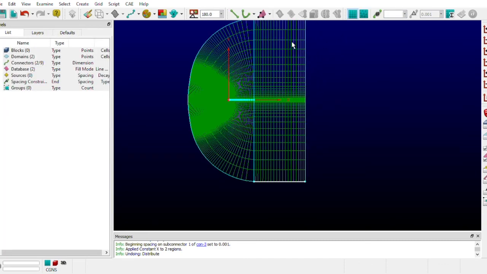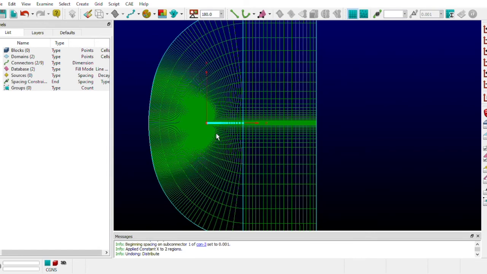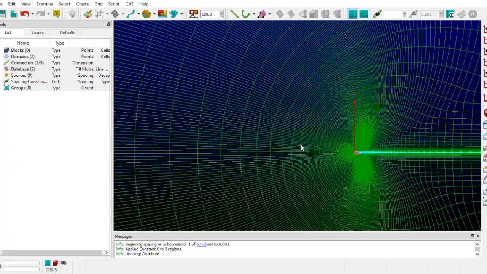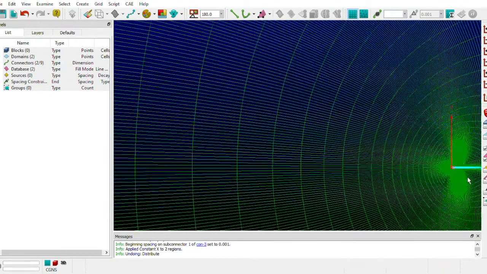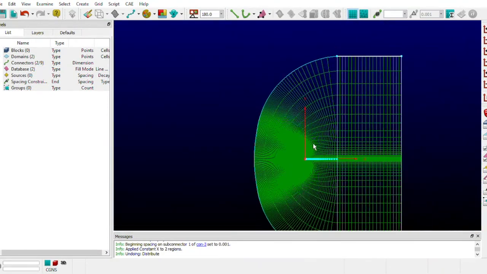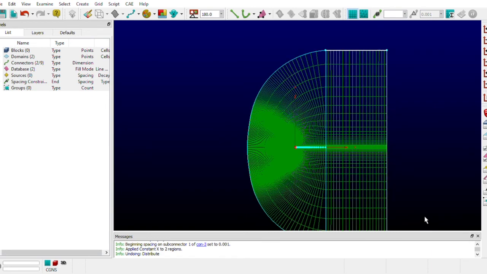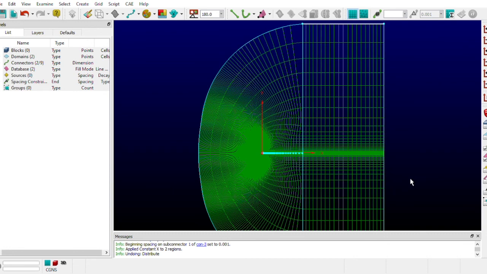So that's about the C grid conclusion, C grid using the extrusion technique. And as you can see, all the airfoil values are quite clear, the topology is well created, and all the C grid values have been created in a splendid manner. If you have any questions, do let me know in the comment section, or I can make another video of H grid and show you how to create an H grid